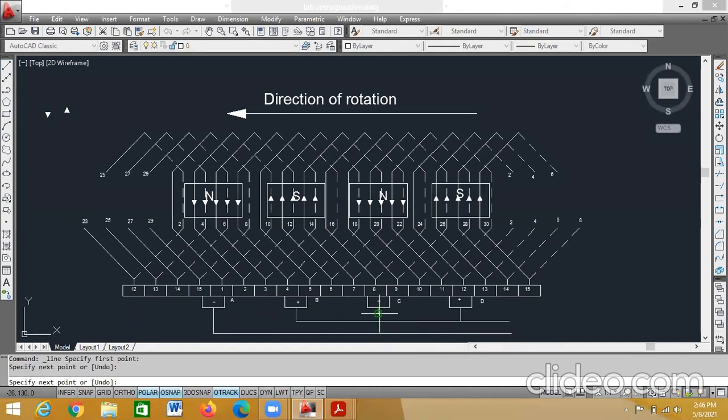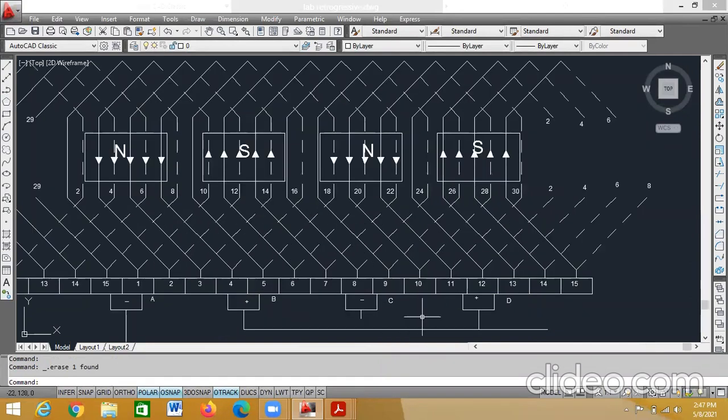Draw a small line till here. Okay. Similarly, take a line from this, from here. You can zoom it and draw. You can zoom it anyways.